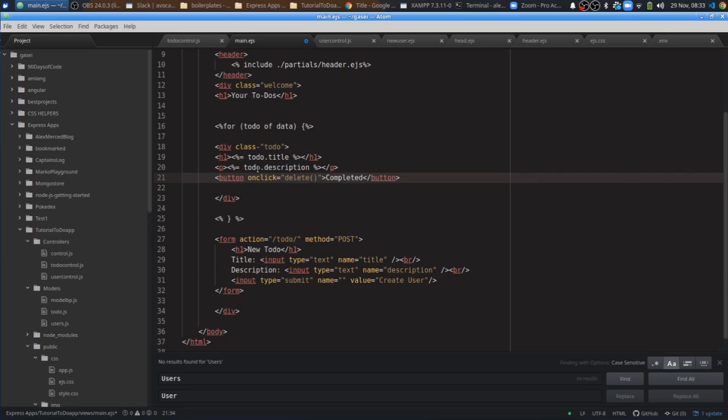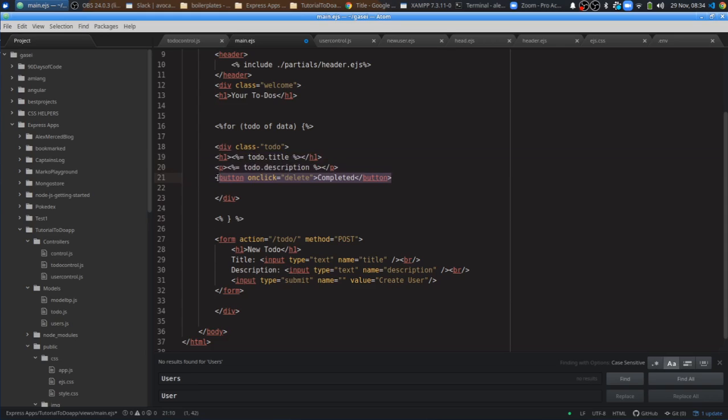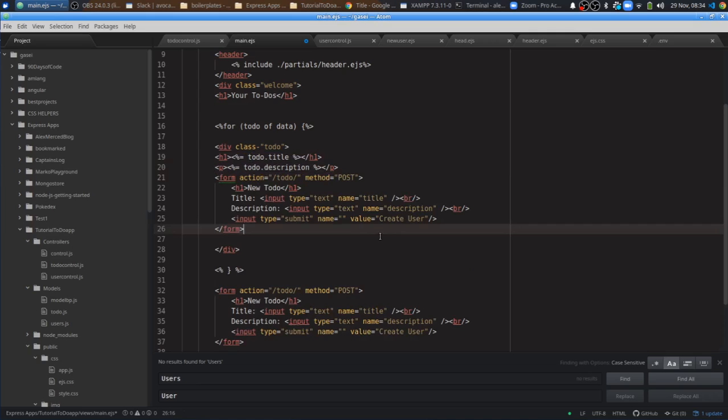I'm just thinking about if that's the best way to do this, 'cause I can't put that in there. So probably it's better to do this as a form because I need to pass in the ID of the individual button. Okay, and since I don't have a way to pass it through there at the moment,